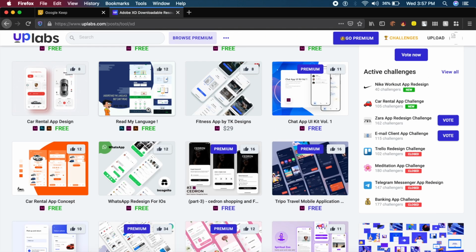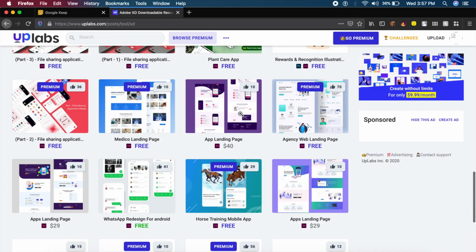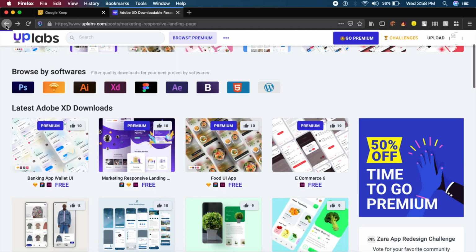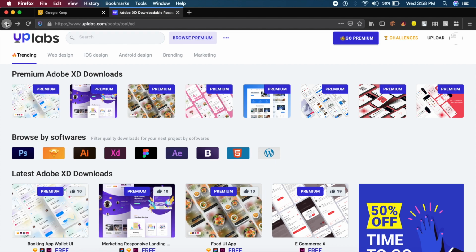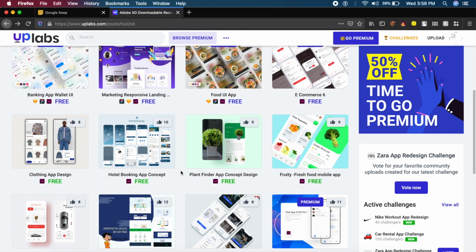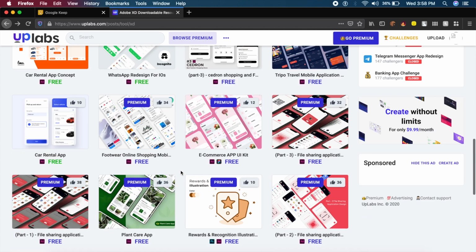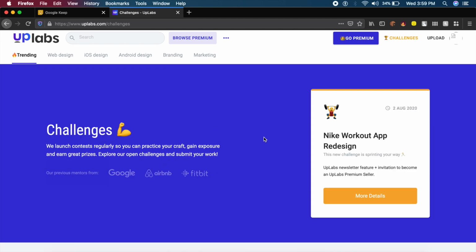Some designs even have multiple source files. They might even have things like Photoshop and Sketch. They might have made it on multiple platforms, and these creators have put it up for you to download and use it with your favorite software. So not only is this site for finding inspiration, but for also downloading based on different software, whichever one you like. Of course, they have something called challenges, which really puts it apart from Behance and Dribbble.